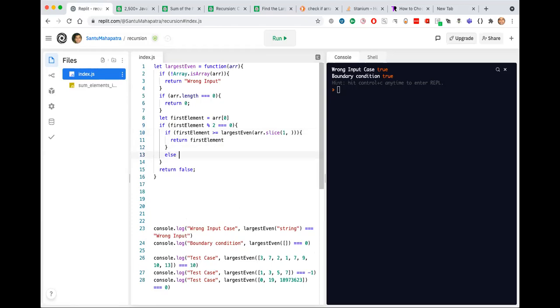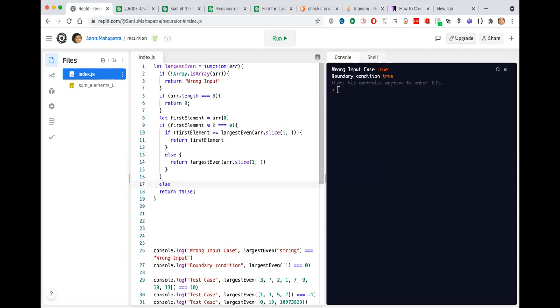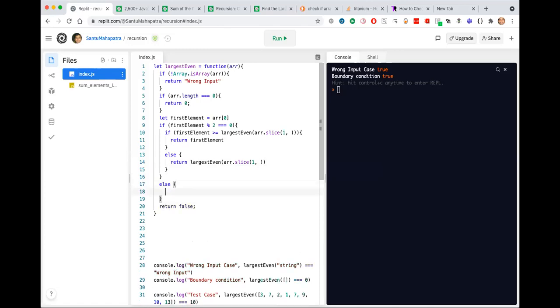Else, if it is smaller than that, then just return the other. Okay, now I will write an else here. If the first element is not an even number, I will return -1.